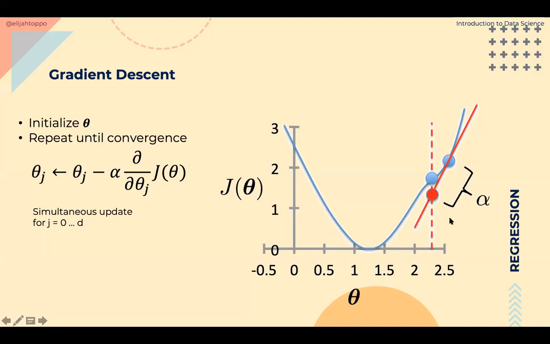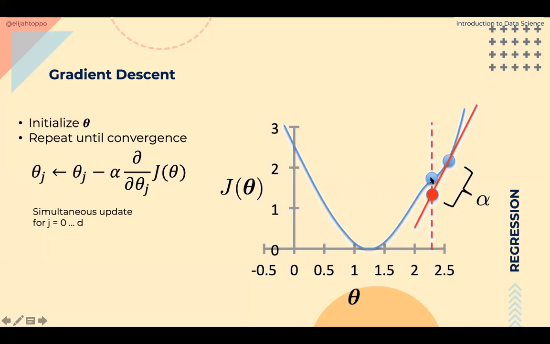For now, let us not get into that problem. Let's say we have fixed our alpha and we move this much distance. When you move this much distance, we find out what is the value of x at this point. You will find the new value of x. For this new value of x, by x I mean here theta. What is the value of theta at this point? Once you reach this new value of theta, you can now find the cost for that value. And you can see that your cost has reduced, from an earlier cost of greater than 2, now we have reached a cost of less than 2, because of moving in a direction that was at the slope of the first point.